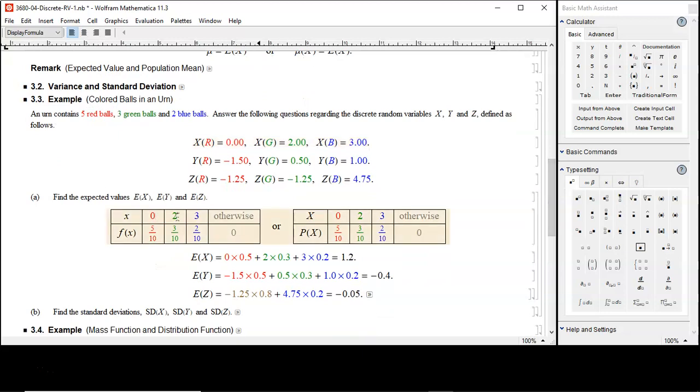And then 0, 2, 3 are possible outcomes, otherwise impossible, so don't worry about it. And that probability is 5/10, 3/10, 2/10 respectively. So multiply by 5/10, multiply by 3/10, multiply by 2/10, and add them all up, and that is the expected